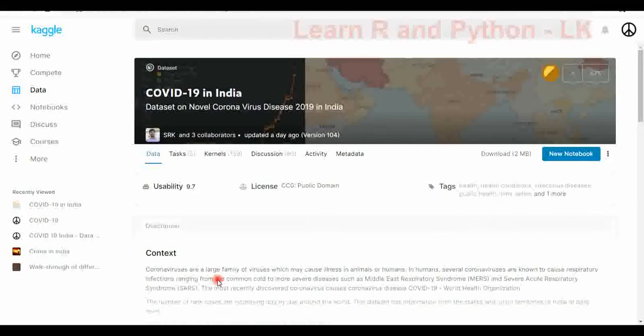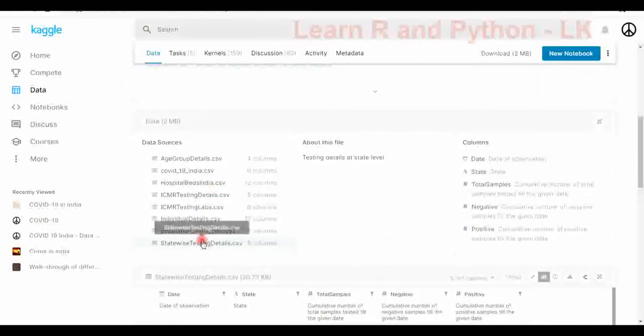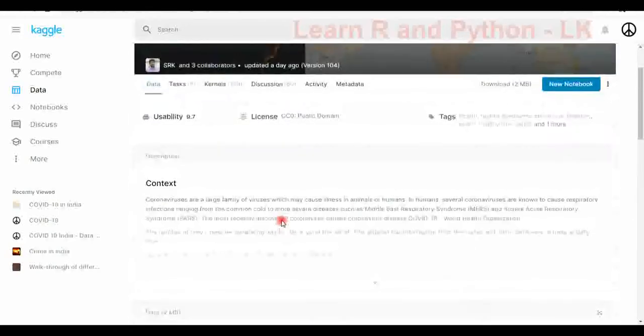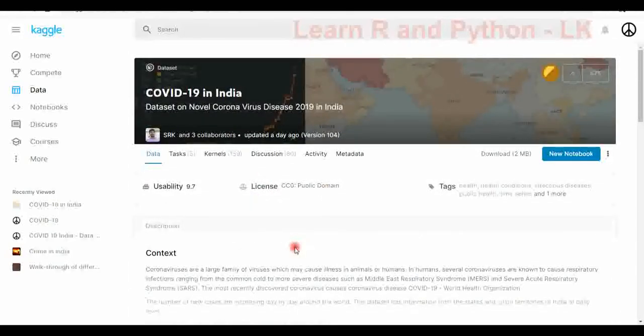So to start with, I will use this COVID-19 in India dataset which is uploaded in Kaggle. You can search for the dataset, and I think it has been updated till yesterday, so I think it is the most recent one. In this we have a few files as input, and by clicking each one of them, you can get a glimpse of what the data is about. But we will do the analysis in R by reading each of these files,